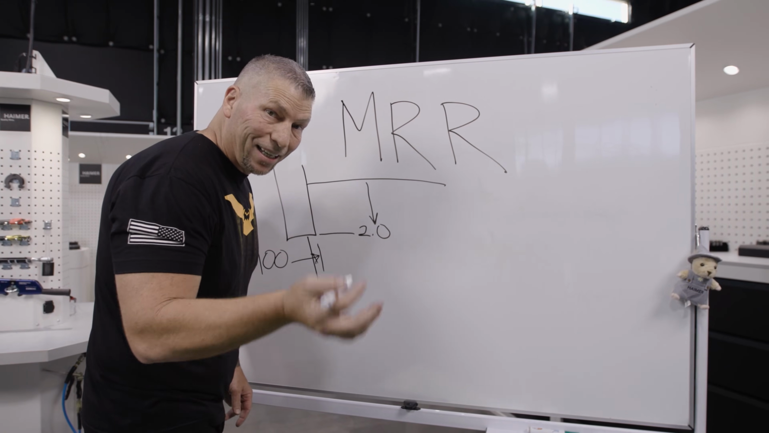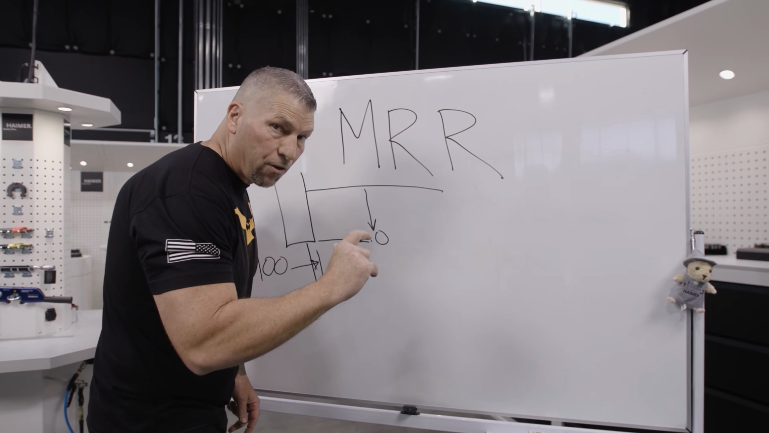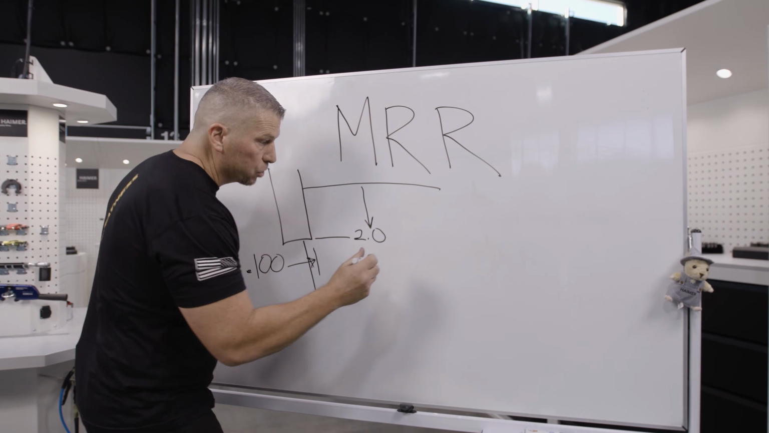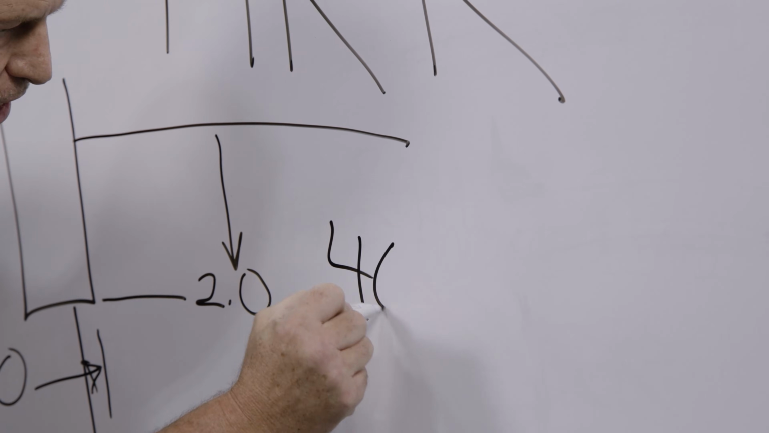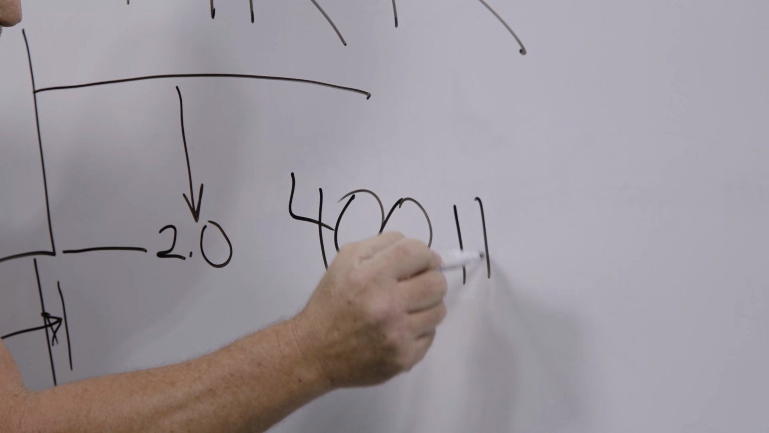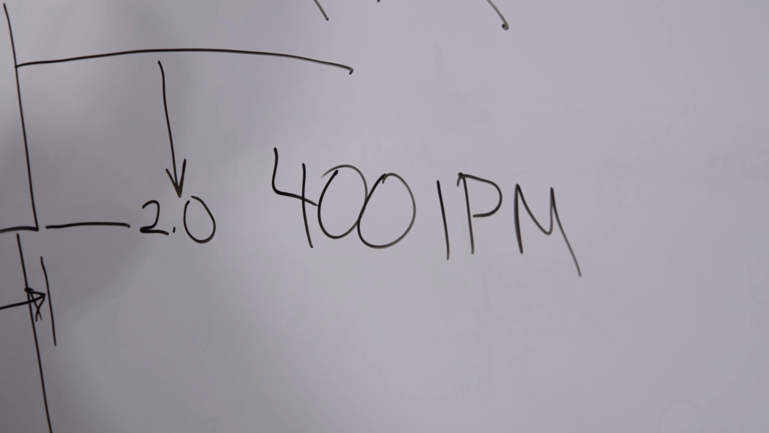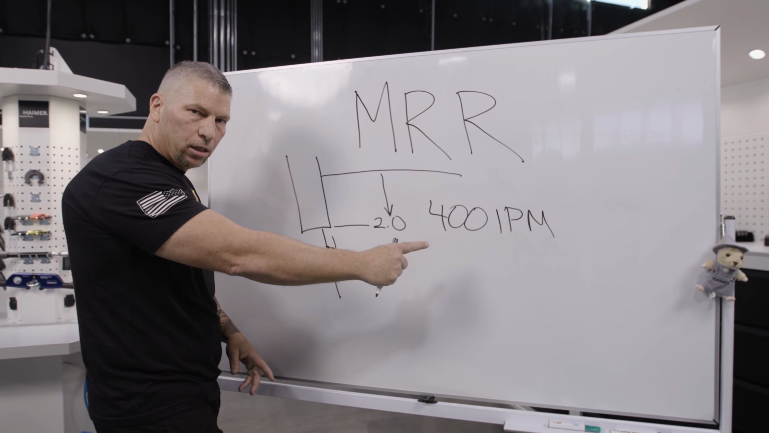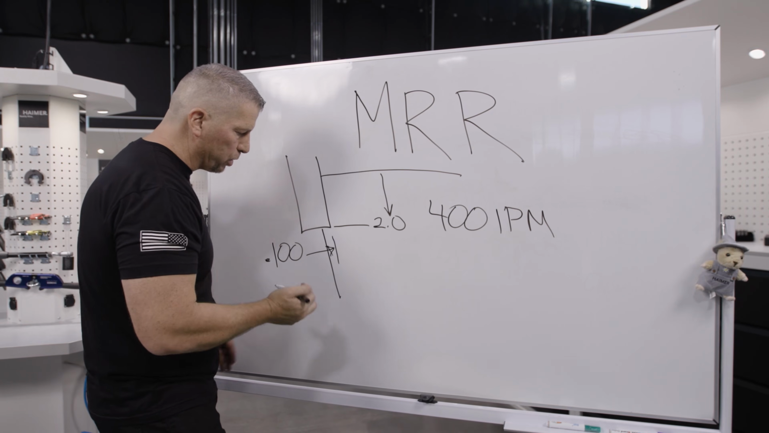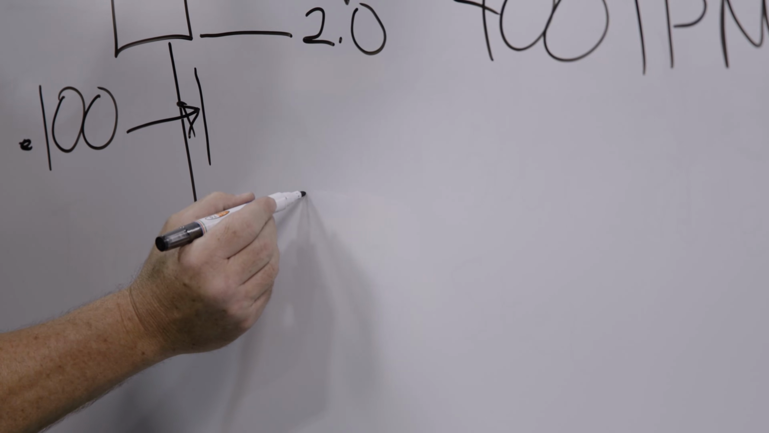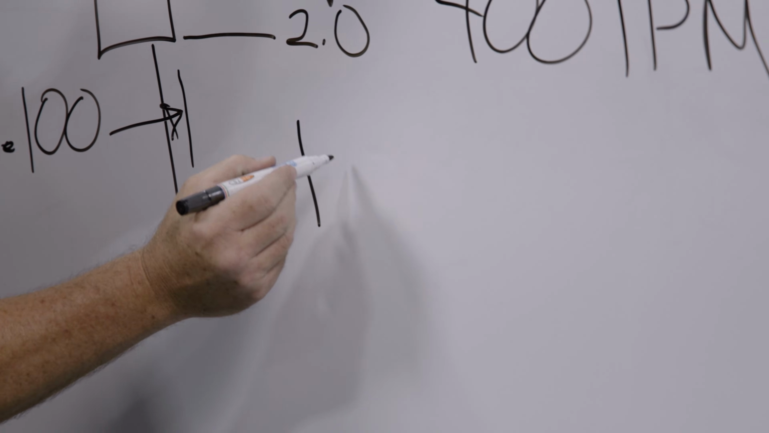And since we're running in aluminum, we're running the Core 5 at 400 inches a minute. So we're gonna say 400 inches a minute, boom, inches per minute. And that's the ingredients that you need to calculate your M.R.R. So we're simply gonna go 0.1, and we'll say